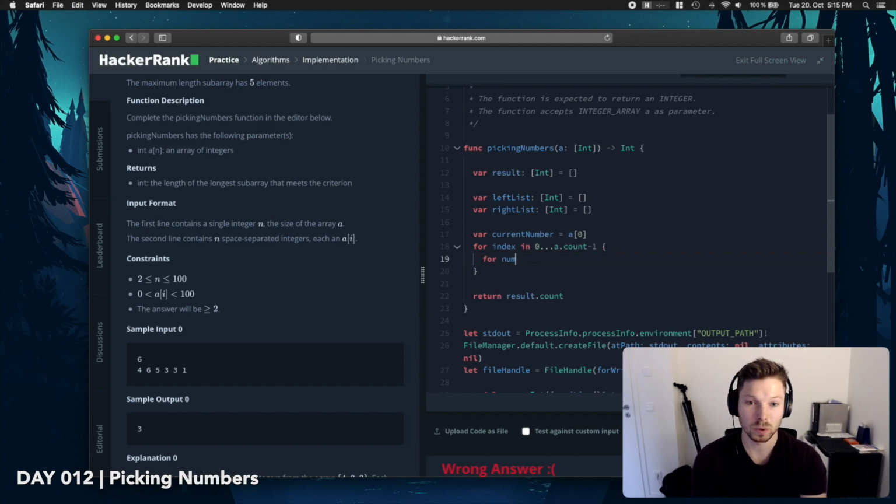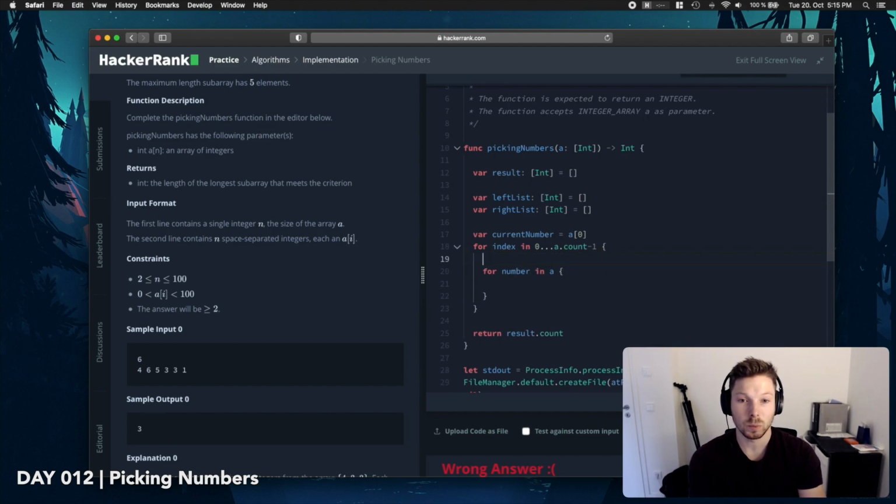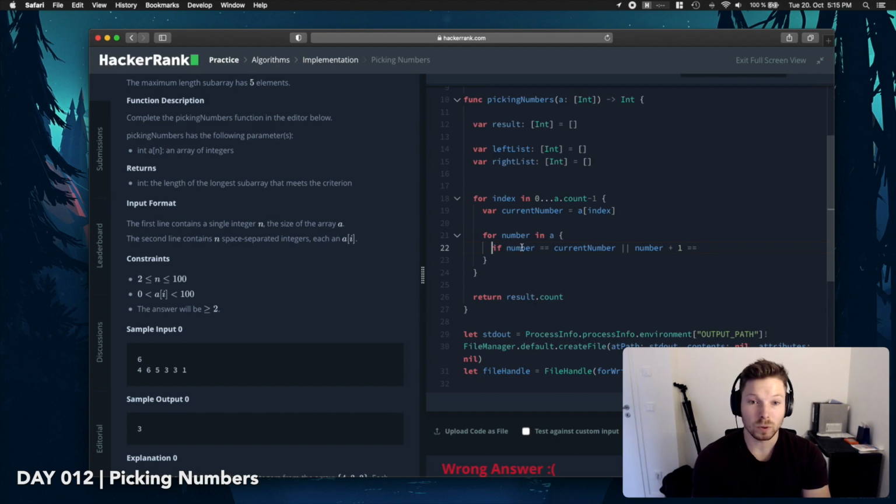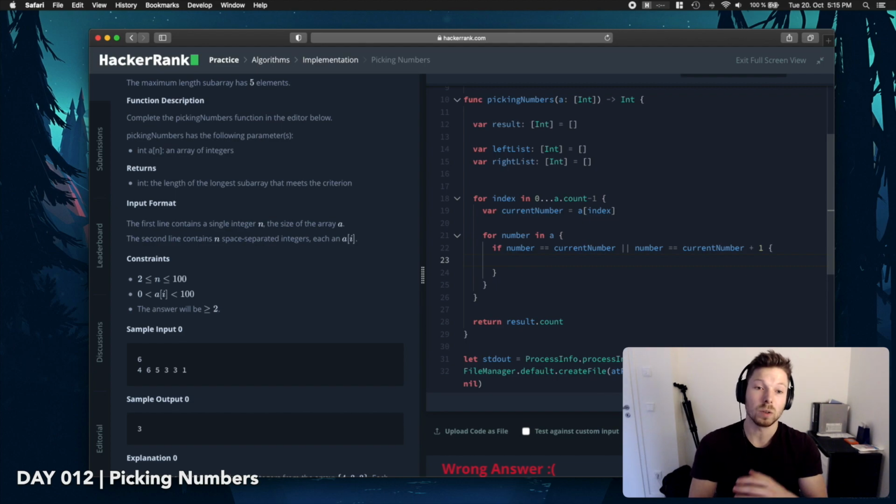And then we say number in A, and then we have the current number we have there, which is the index. That's our current number, which is 4. And then we want to say if the number that we're looking at right now is equal to current number, which is 4, or the number that we're looking at right now is equal to current number plus 1. That would be the right side. Like, just, you know, the difference should be 0 or 1. Then we want to say right list.append the current number,